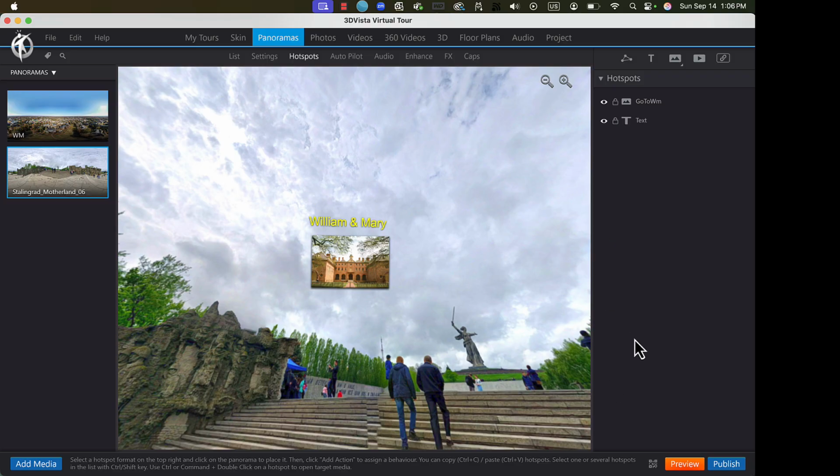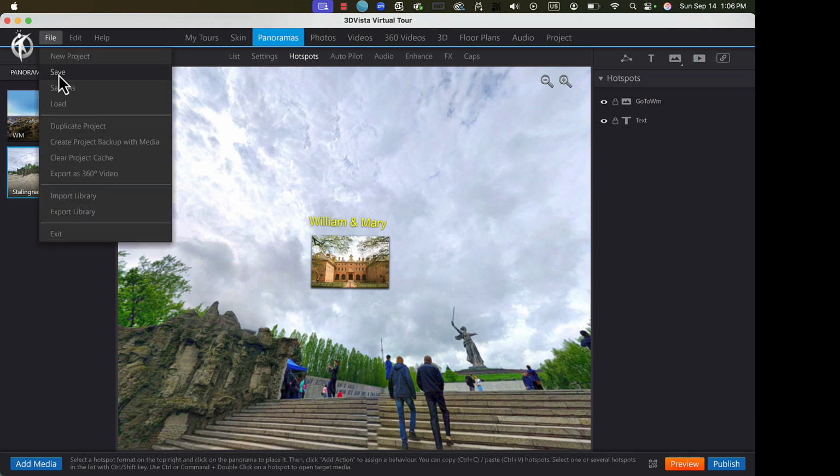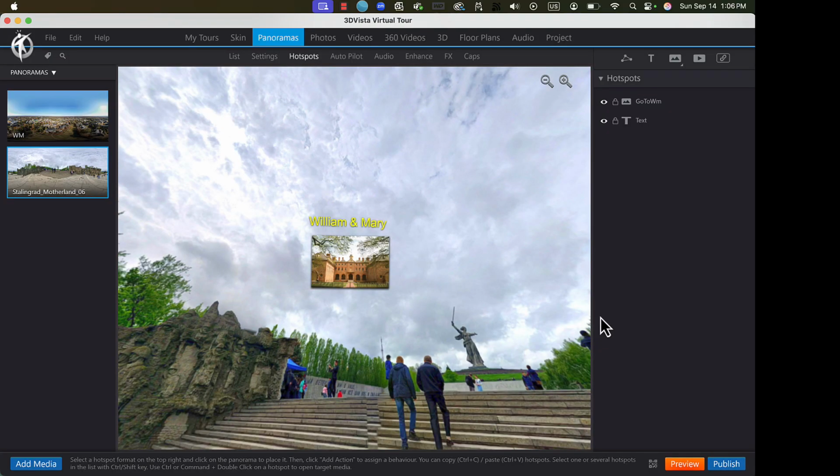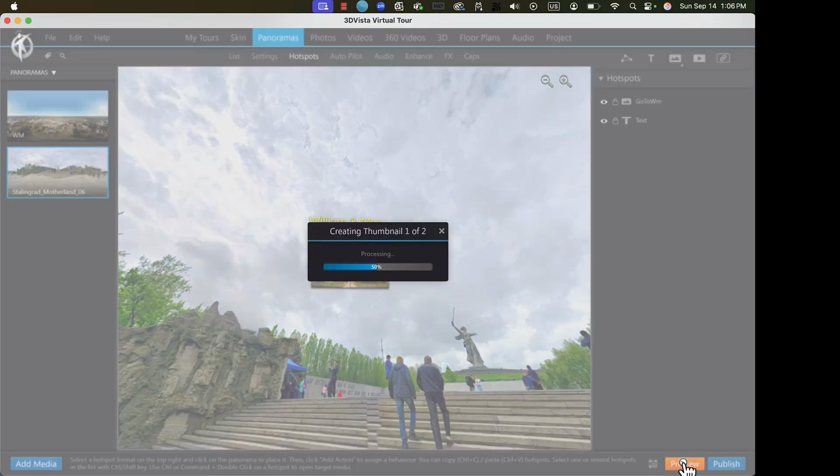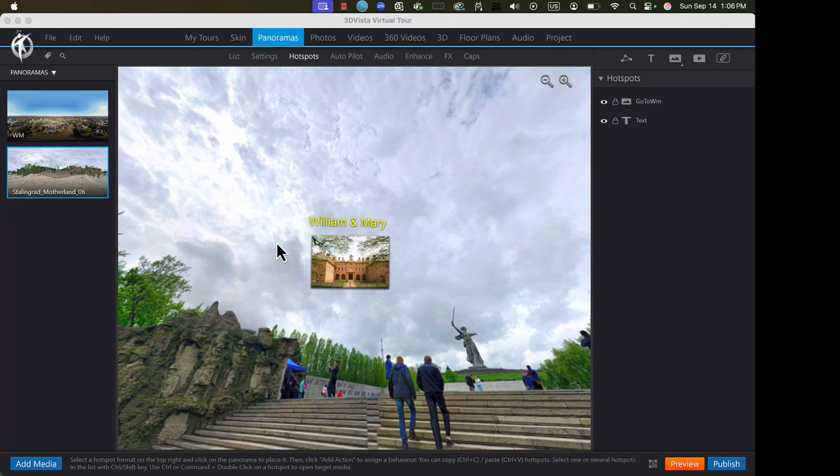So now that I'm done, I want to check and see my work. I'm going to, first of all, save it. File, Save. It'll save the project. And then I'll hit Preview down here. And now it'll publish all the media elements. It could take some time depending on how large your file is. And then once it's done, you will get this